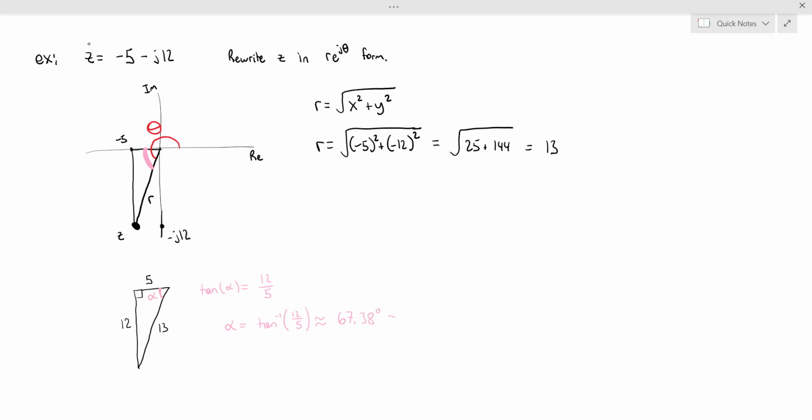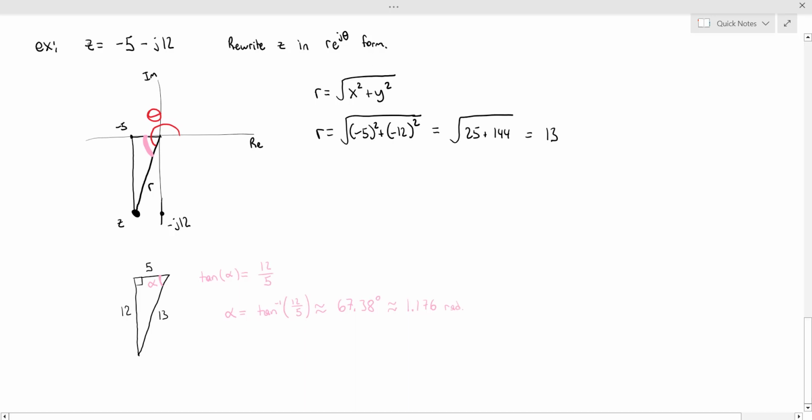In terms of radians, it's about 1.176 radians. Now coming back up here to the picture, notice that this angle alpha is not the same as the angle theta that we were looking for, but hopefully you can see that theta should be 180 degrees plus the additional angle alpha. So in terms of degrees, theta is 180 degrees plus 67.38 degrees,